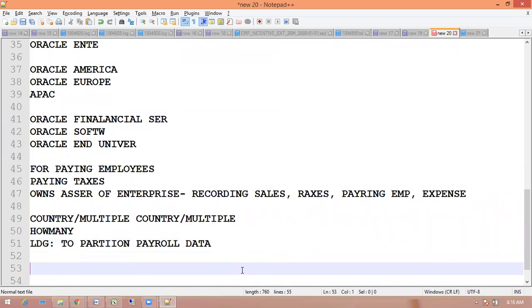Let us take one more example. Is LDG specific to payroll, or is it used elsewhere? I heard this terminology in payroll. Specific to payroll, to process the employee payroll, it depends on the LDG only.